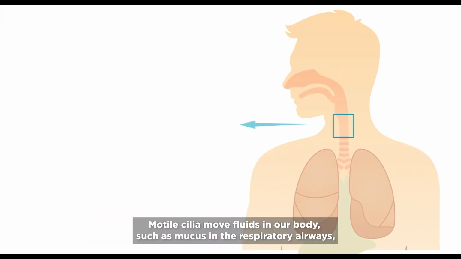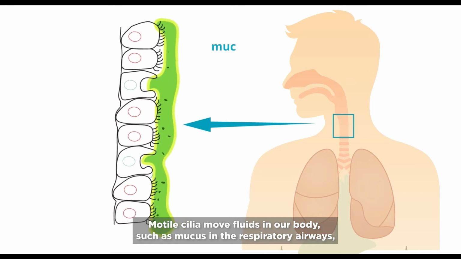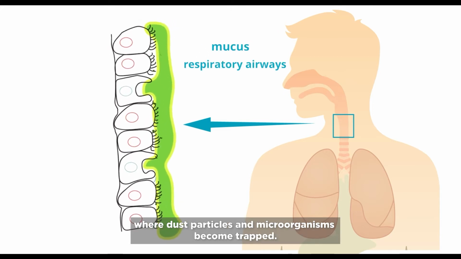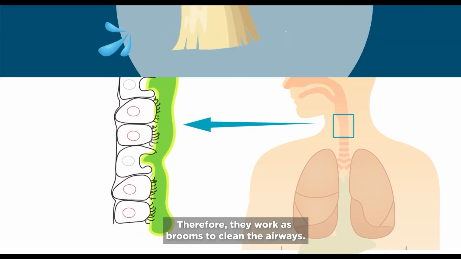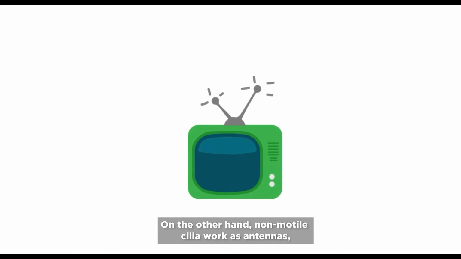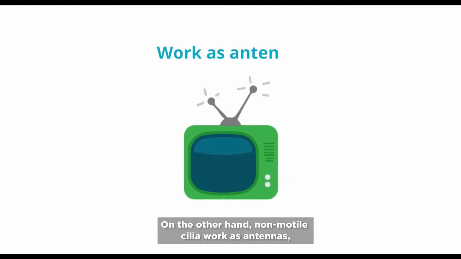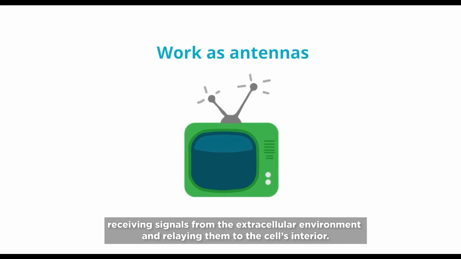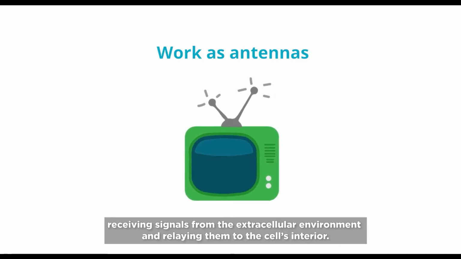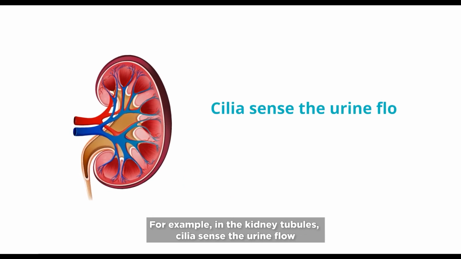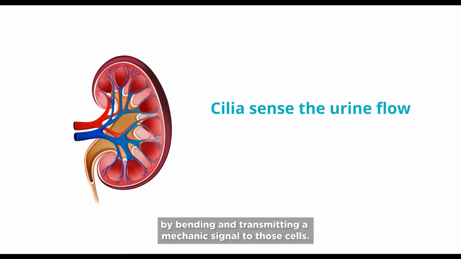Motile cilia move fluids in our body, such as mucus in the respiratory airways, where dust particles and microorganisms become trapped. Therefore, they work as brooms to clean the airways. On the other hand, non-motile cilia work as antennas, receiving signals from the extracellular environment and relaying them to the cell's interior. For example, in the kidney tubules, cilia sense the urine flow by bending and transmitting a mechanical signal